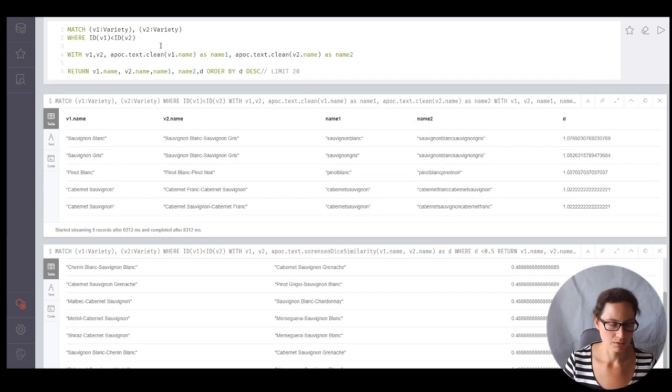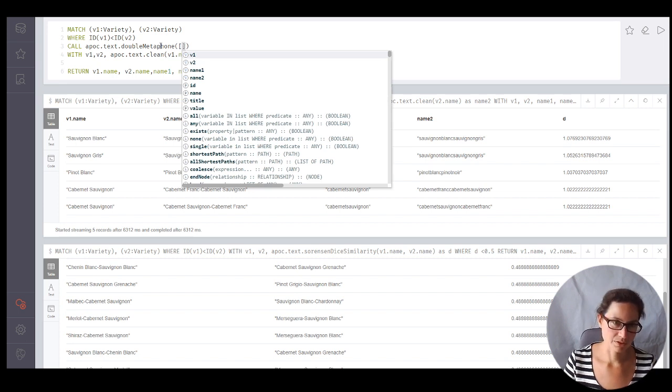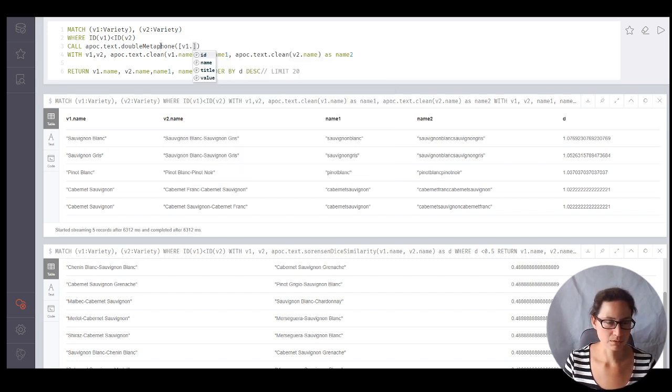Let's do this. So call epoch.text.double metaphone. I'm trying to remember if I need to put this in an array or not. Oh yep, I remember now. You put this into an array, don't you? So if we do v1.text, v1.name even, v2.name,